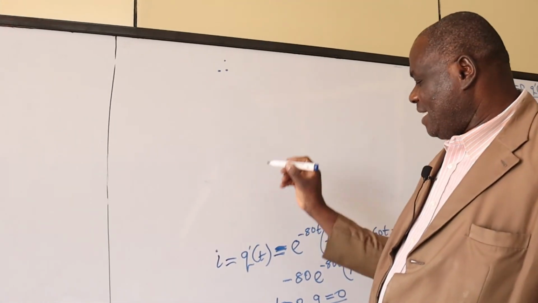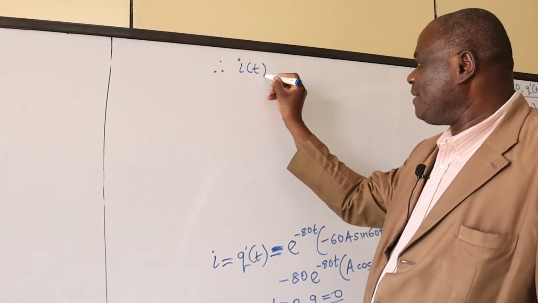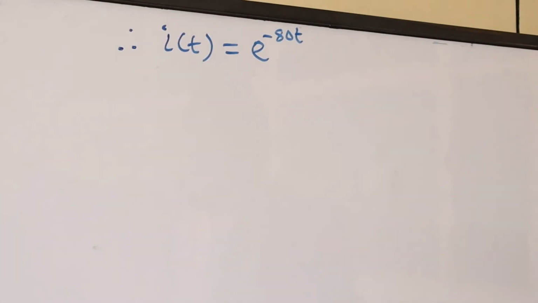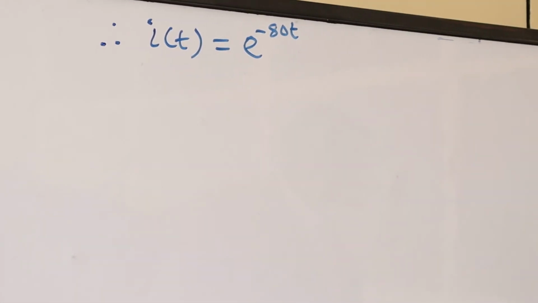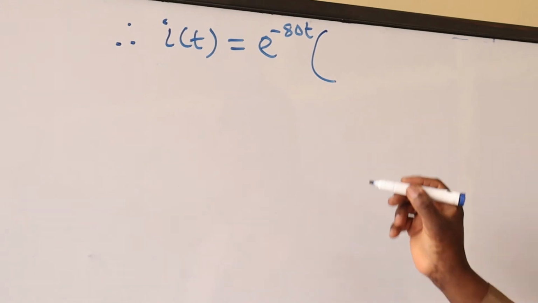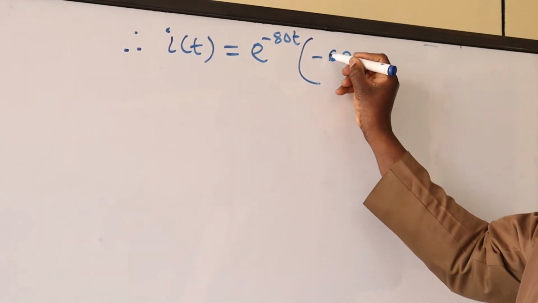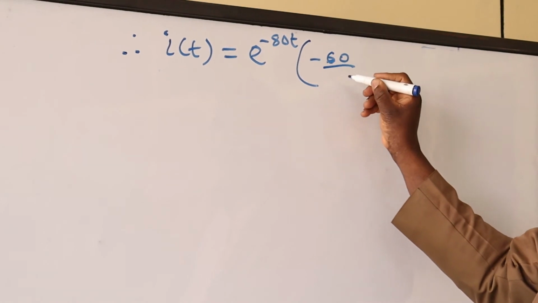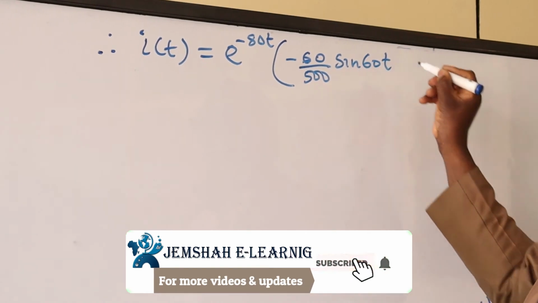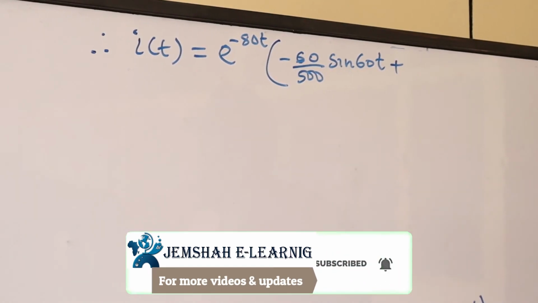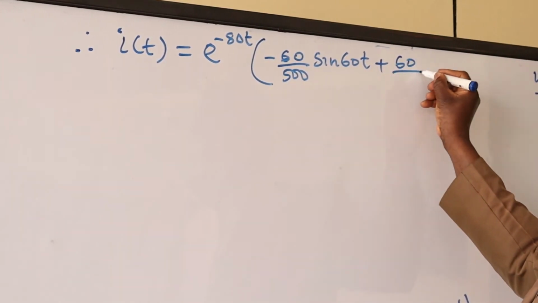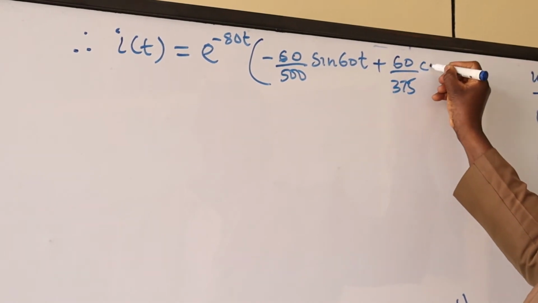So therefore, we can say I as a function of t will be equal to e power minus 80t into minus 60a, which is over 500, sine 60t, plus 60b, 60 all over 375 cos 60t,